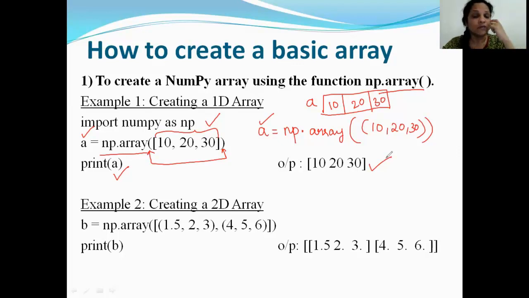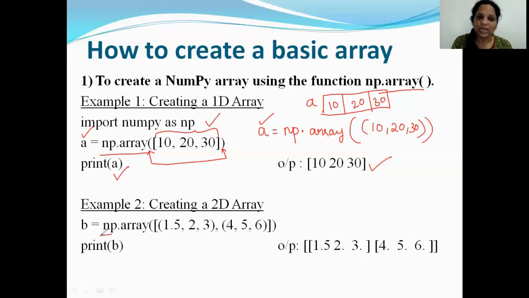Is that clear? Okay. Now, the array created here was a one-dimensional or single-dimensional array. Can the function array help you create a two-dimensional array? Remember, what was a two-dimensional array? A single-dimensional array is one set of elements. Either you think about it horizontally or you think about it vertically. But a two-dimensional array consists of rows and columns. It consists of axis 0 and axis 1. So you have elements across the row as well as across the column. How do I create a 2D array using the array function?